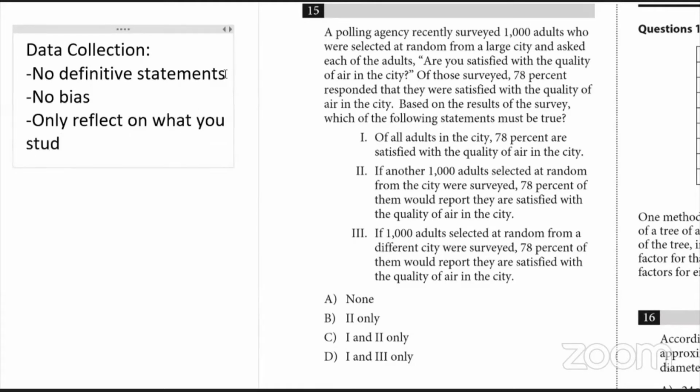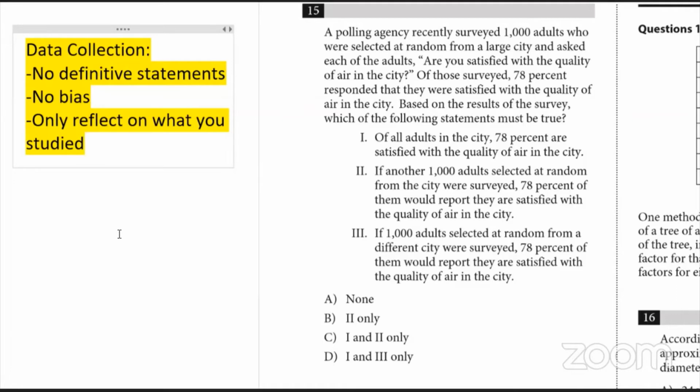So that sounds really obvious, but there's a lot of cleverness in the way the questions are administered. For instance, if I want to know the opinion of all 3rd graders in the United States, then I should not pick 3rd graders from one class at one school, because then that can only be reflected to that class in that school at large. So if I want a sample of 3rd graders around the United States, I need to take a random sample of 3rd graders randomly picked from throughout the United States. So you can only reflect on what you